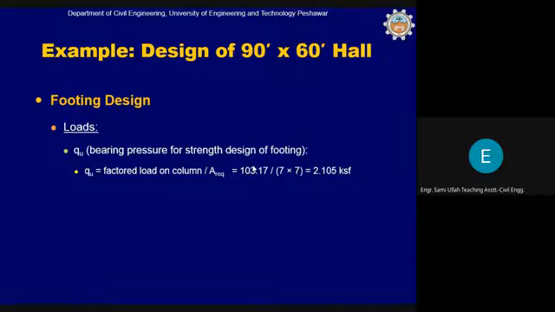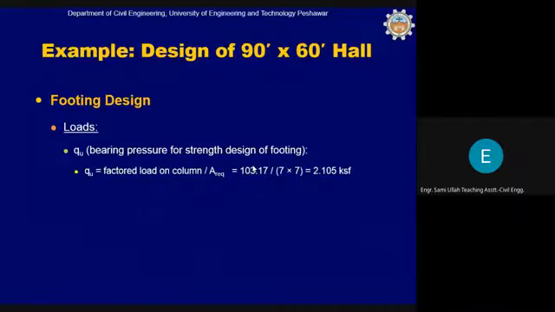So in the calculation of the size of footing, we use the allowable bearing capacity, to avoid double use of factor of safety. However,